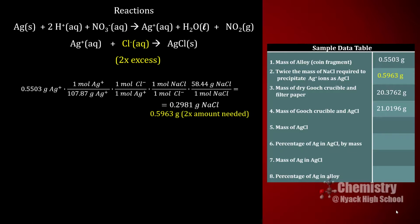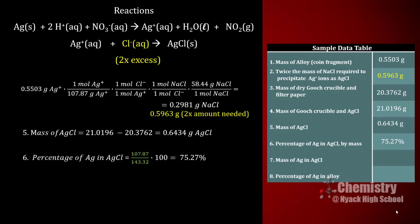Once we precipitate the silver chloride, we'll need to mass the Gooch crucible and the silver chloride. Suppose that mass is 21.0196 grams. From there, we can calculate the mass of silver chloride, which in this case will be 0.6434 grams. We'll need to determine the percentage of silver in silver chloride, and we can do that by taking the mass of silver and dividing that by the molar mass of silver chloride. By calculation, you see that that is